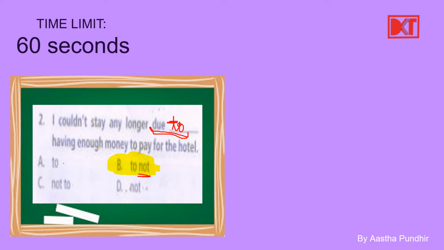Now here you see A, to. This will just be talking about the purpose of the movement, which is incorrect here. See, not to. Not to is used when we are talking about a certain direction or advice, we can say. Alright. Due not. Now here, with due, we use to. So as to tell about a certain reason. Due to this. Okay. So here we have only not, which is also incorrect.